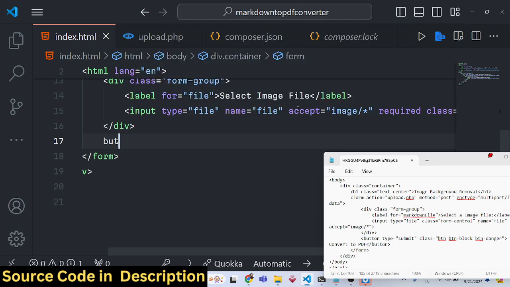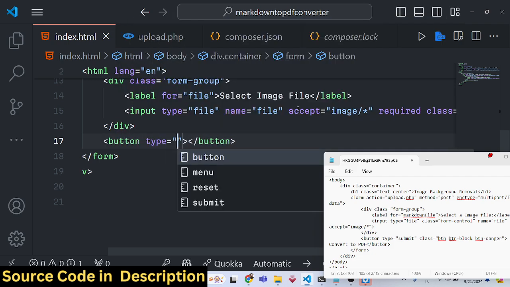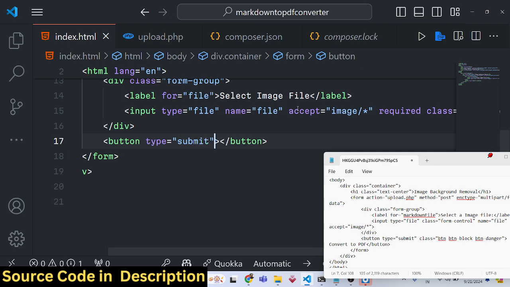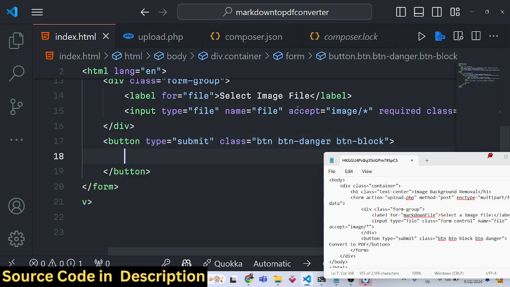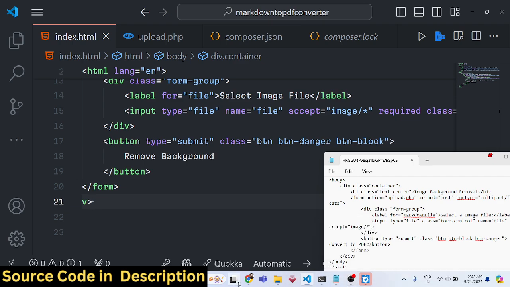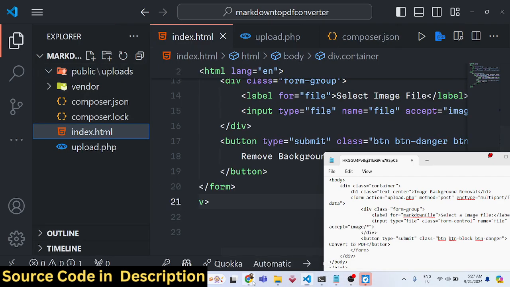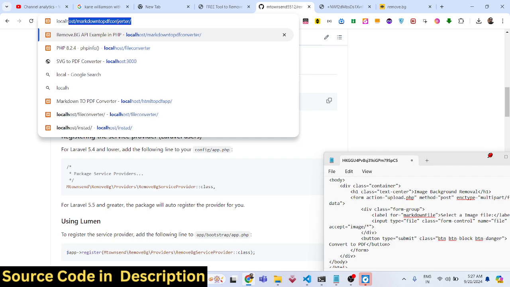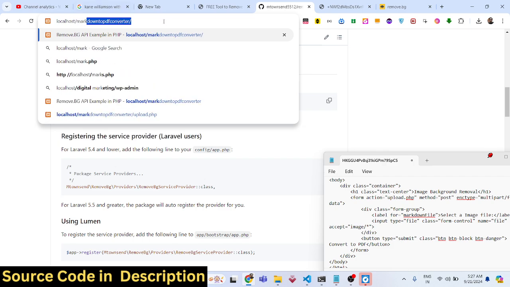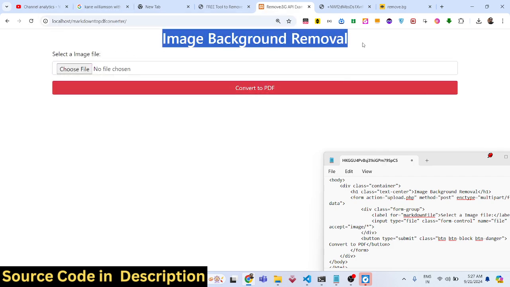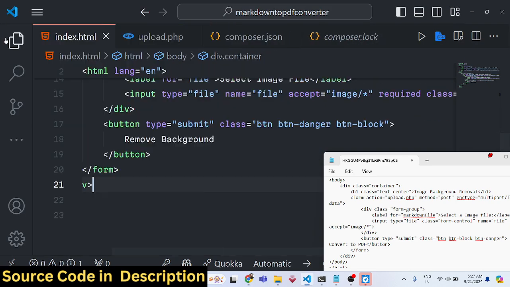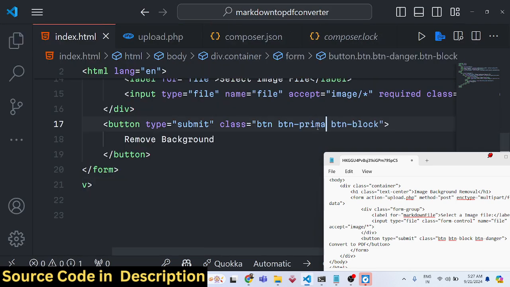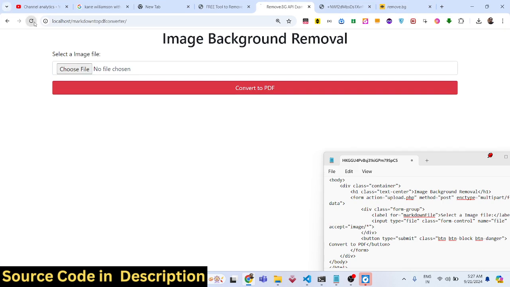We will have a button to submit the form. So button type submit, with class btn btn-danger btn-block. These are all Bootstrap classes, and simply say remove background. Now we can go to our path and open localhost. This is the directory structure. If you want to change the button color, let's suppose btn-primary, this will make it blue. If I refresh,